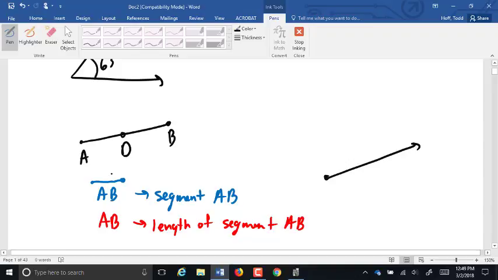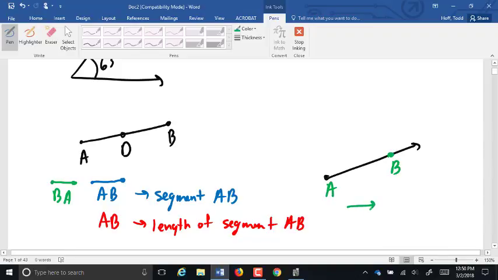Now over here, by the way, I could have named this segment BA. It wouldn't have mattered, does it? It doesn't really matter which endpoint comes first. There's no order. On our ray, however,